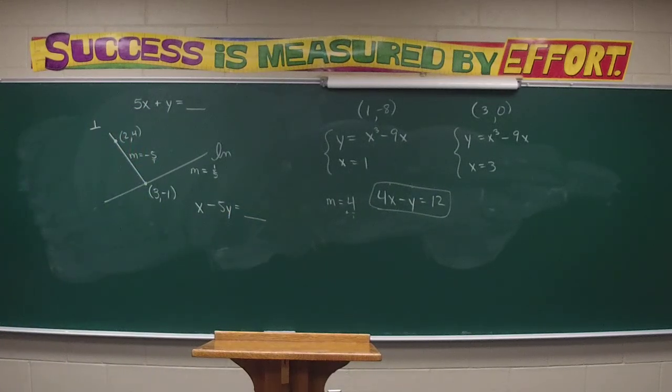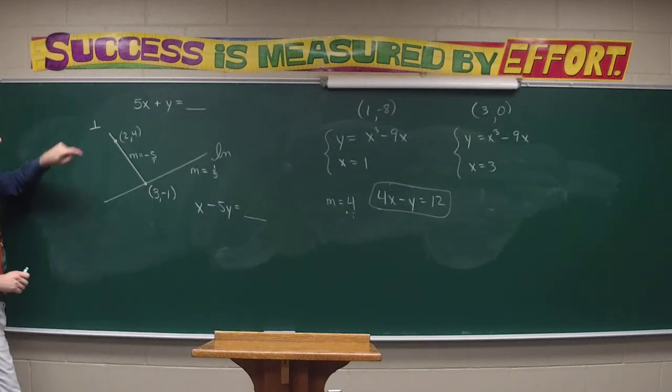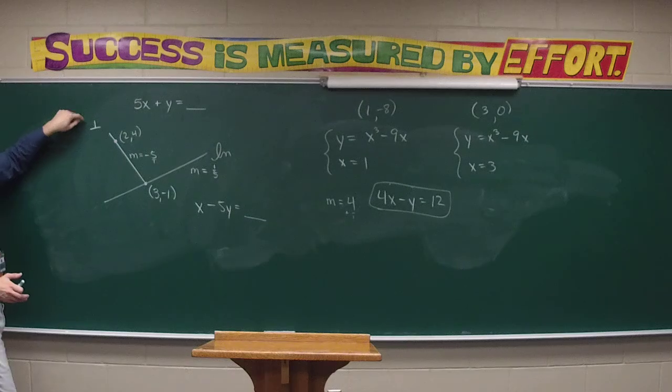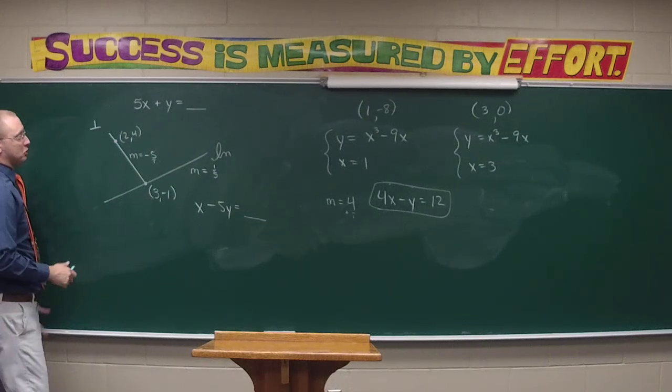Make sense? Now, how do I figure out the something at the end of the perpendicular's equation, class? Use either 2, 4, or 3, -1. Which one should we try? 2, 4 gives us